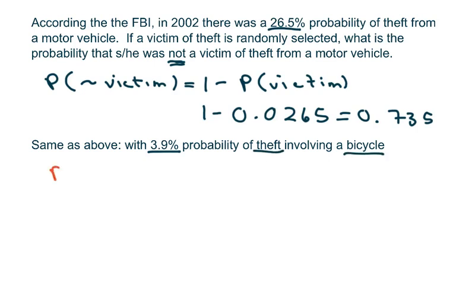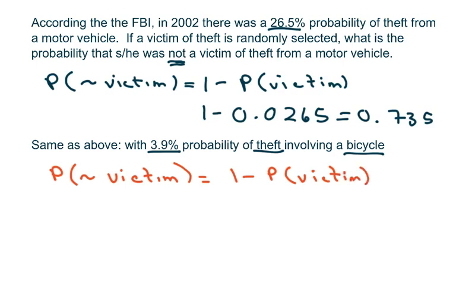So we're doing the probability of not a victim, which equals 1 minus the probability of being a victim, which equals 1 minus 0.039, which equals 0.961. Okay, next,